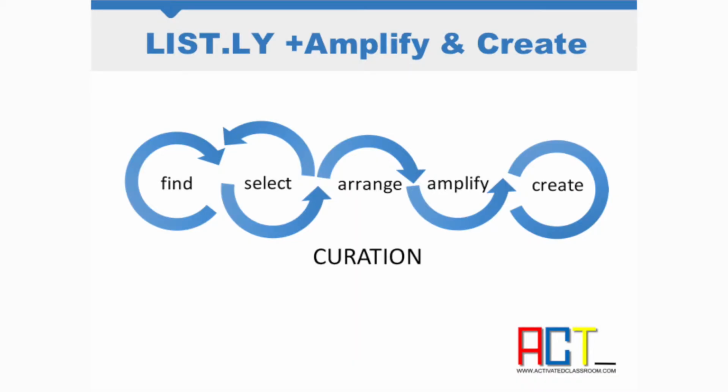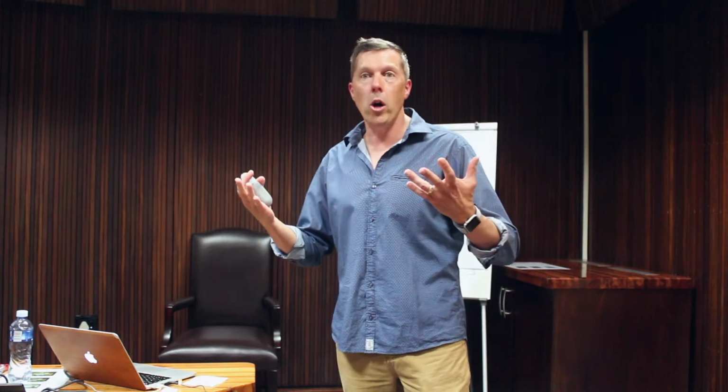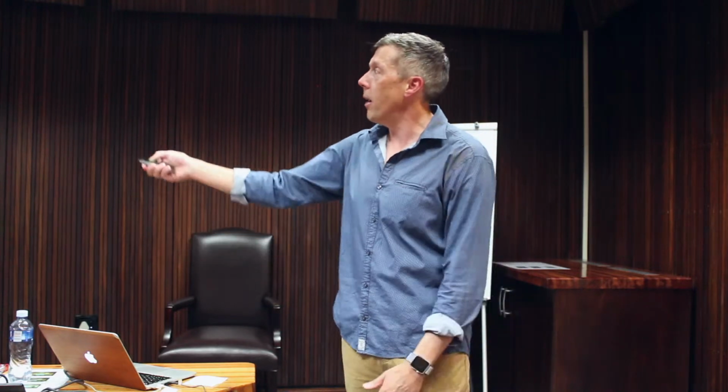Right, so that's Menti. Essentially what we were using with this is meant to be to think. We were basically possibly just doing these first 2 here. So the process of curation actually involves a bit of a cycle. It starts with finding something. In this stage, you were basically finding it in your head. And out of that, you had to select. So you were thinking about the lesson and selecting some words that possibly were useful. Same as when we went around and said, well, the top 3 places in South Africa.